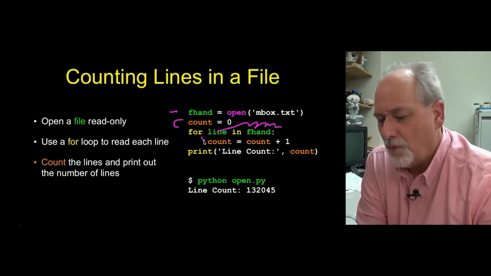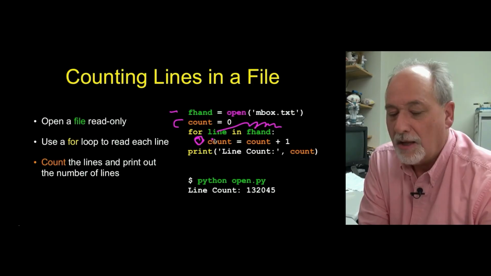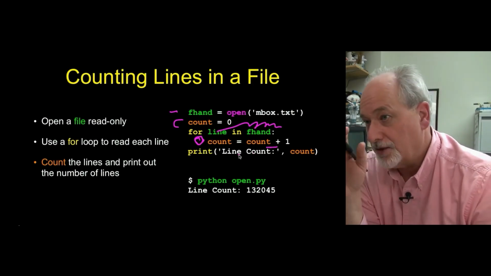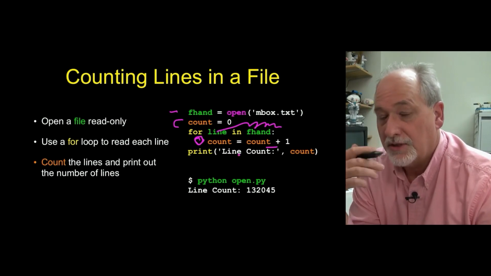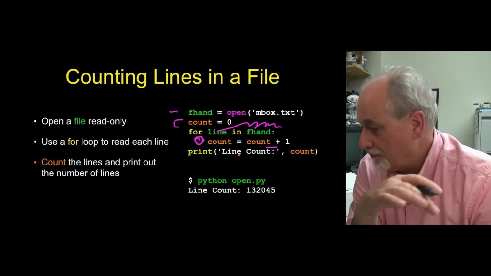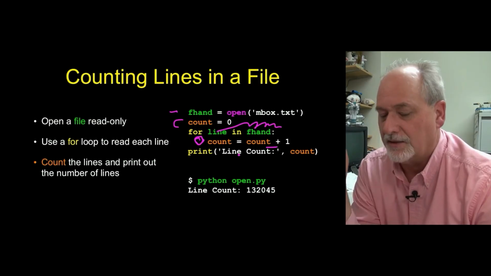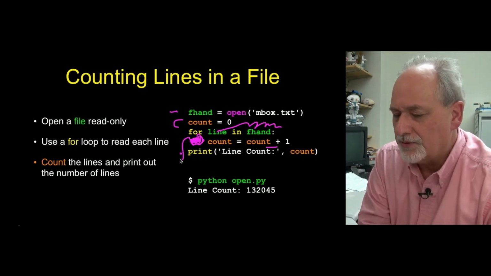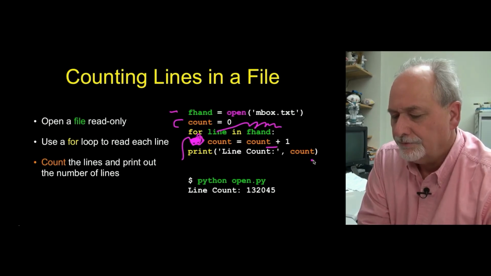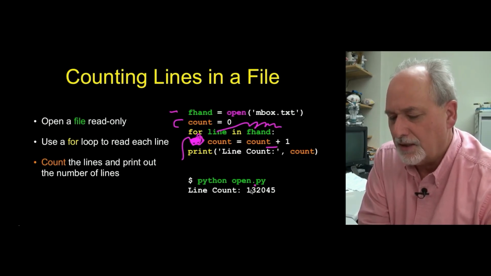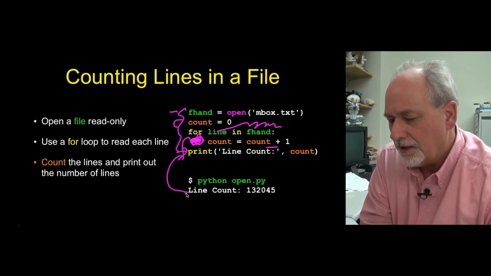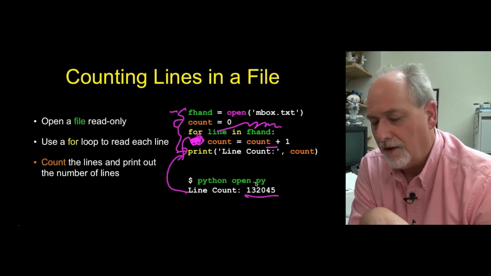And it's going to run this loop once for each line in the file, and the variable line is going to change. But all I'm going to do is add count equals count plus 1. And so that's just how you count. So every time we see a line, we're just going to add 1 to the counter. We're not printing the line. We're not even looking at its data at this point. And then when the loop is done, however many times it has to go, out it comes, and we print out line count equals count. And so if we open inbox.txt, this is going to do all this work and then print this line out and say line count is 132,045.